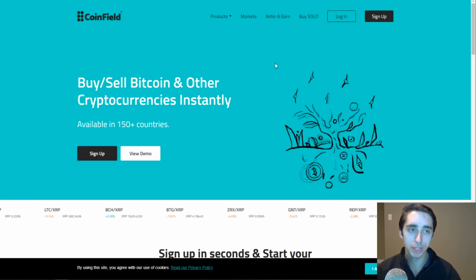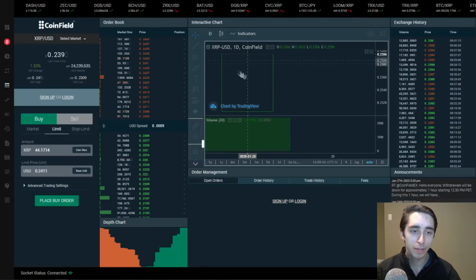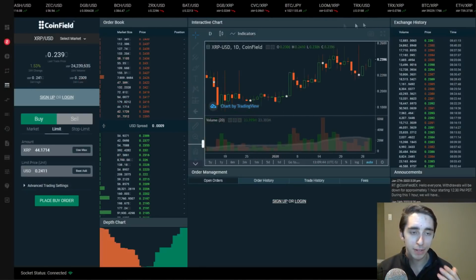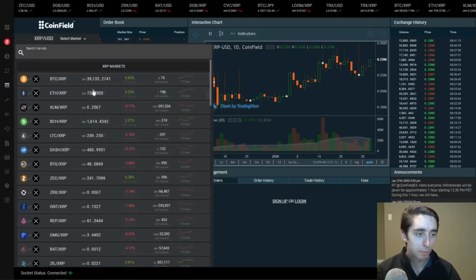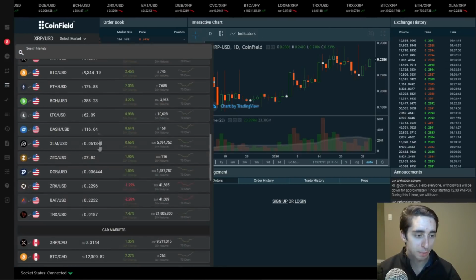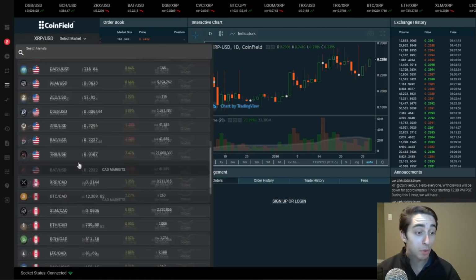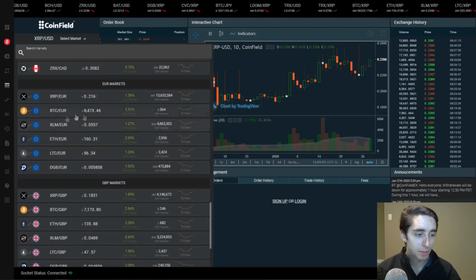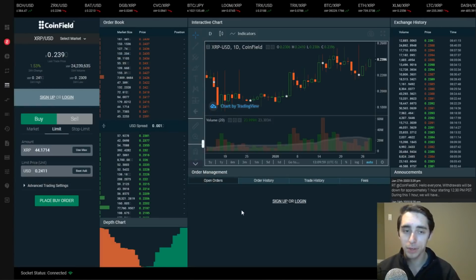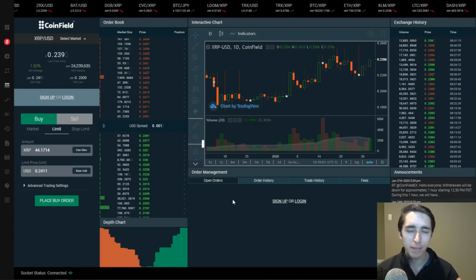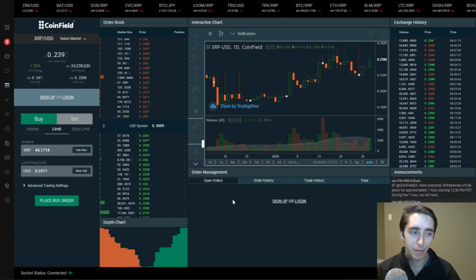Now, they're not just an exchange, right? They do have a great advanced trading system here. So you can see they've got a ticker symbol up at the top, just showing some of the different pairs they have. You can go through and browse a variety of different pairs. They have pairs against XRP, USD, some stable coins as well, Canadian dollars, European dollars, the Great British Pound, the Japanese yen. So you have a lot of different fiat pairs to work with. You have a lot of different altcoins, and you have all the tools that you need here on the general kind of advanced exchange, right?